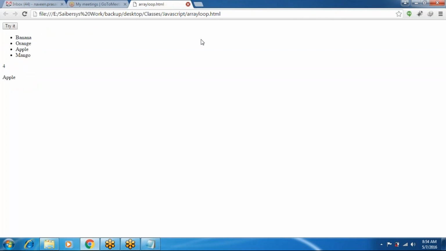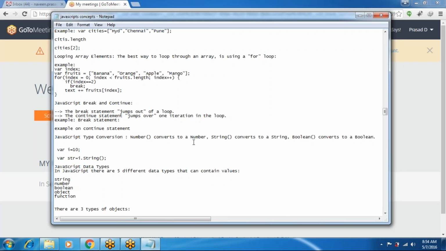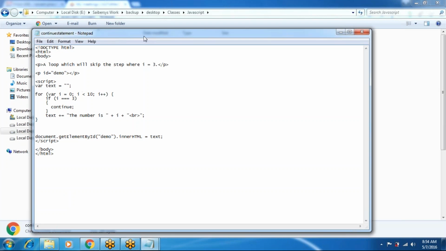Sir, but in this we have i equals 3, right? But why is 3 skipping? I did not understand. I mean, that number 3 is skipping, right? It did not print with the continue statement.